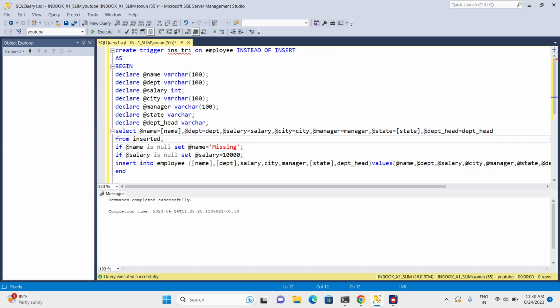So just as an example, I am going to insert data into the employee table, and I have created a trigger on the employee table for the insert DML statement. So what will happen is that all entries will be stored in the inserted table by default by the database engine. Okay, so let me execute this trigger. I have executed this trigger,